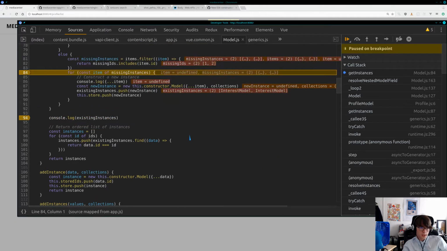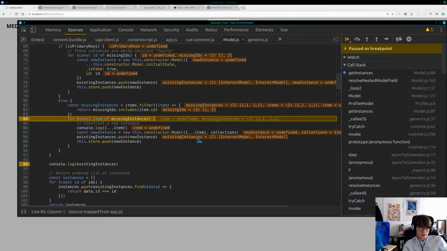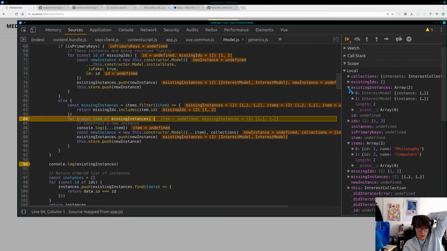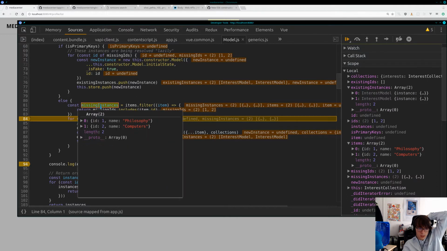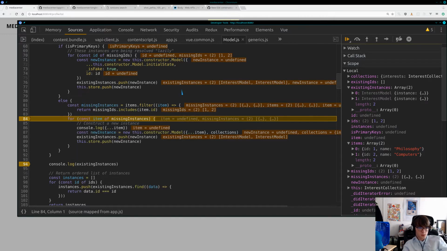So we'll click play again, and it looks like it gets called twice. It sees those as existing, and then missing instances, it says that philosophy and computers are missing for some reason,